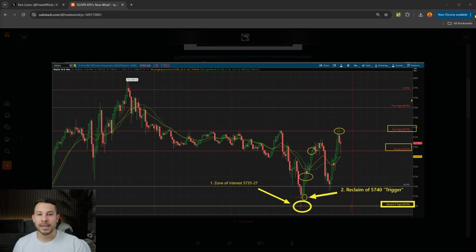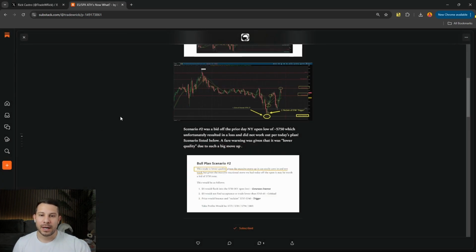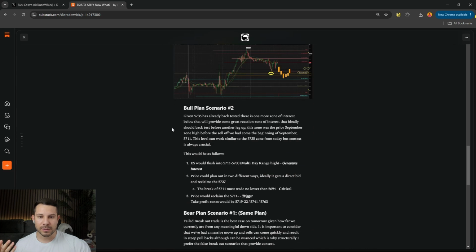And if there are ever fewer confluences, say I like the 5750 and I only have two reasons why that level is of interest, that I can find contextual reasons to like the level, then it's going to be on the back burner. It's going to be a secondary plan that is of interest, of course, but will not have a higher quality, high conviction trade expectation, right? And I explained those as well. I gave that same example here in the second scenario, right? I said given the move,